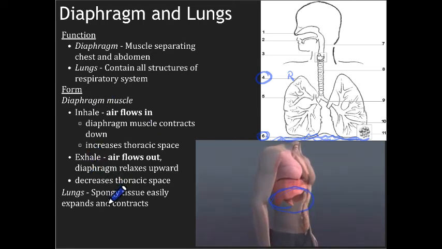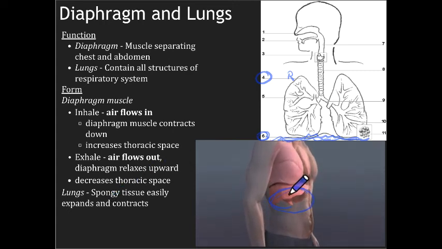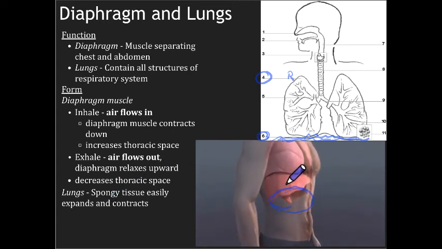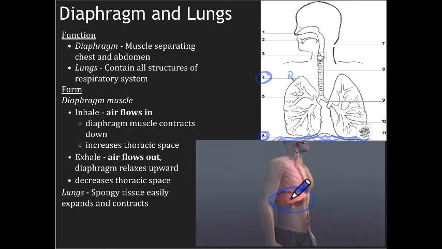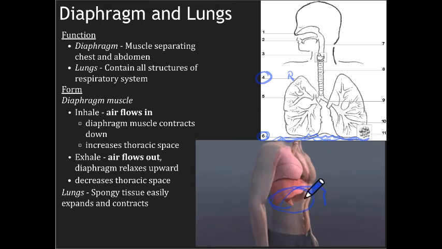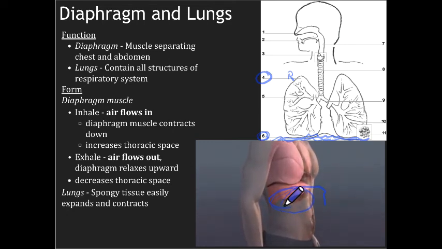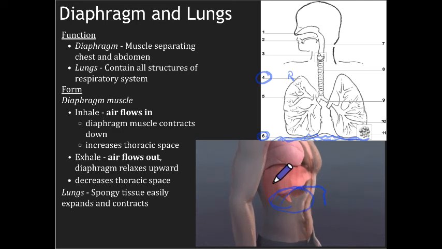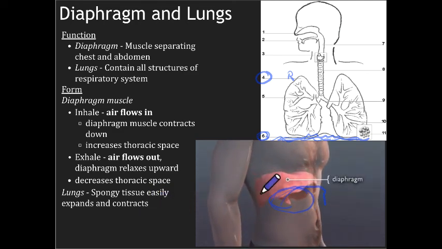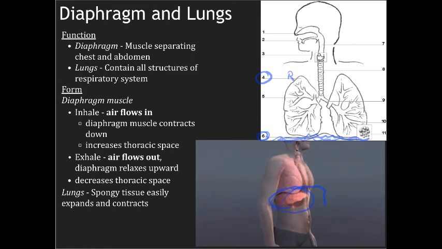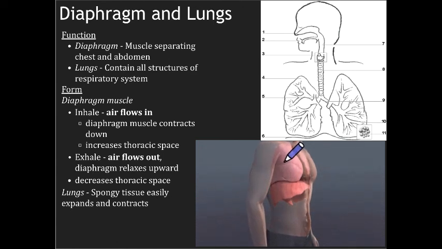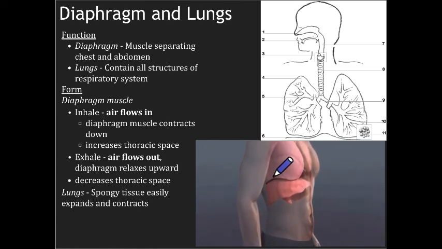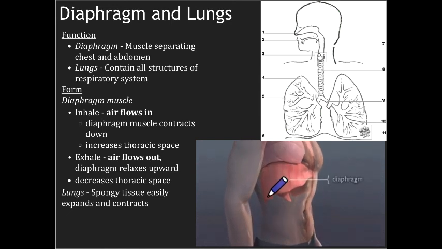So what's happening now? This would be an inhale, right? The muscle pulls down, and when this muscle pulls down, it contracts, it increases the thoracic space and allows air to rush in. When it comes up like this, it's relaxing and it's forcing the air out and making those lungs contract into the exhale. So it decreases thoracic space. And that's really how the diaphragm allows for the intake and output of air into the lungs. Without the diaphragm working, the lungs aren't going to have much power to move air in and